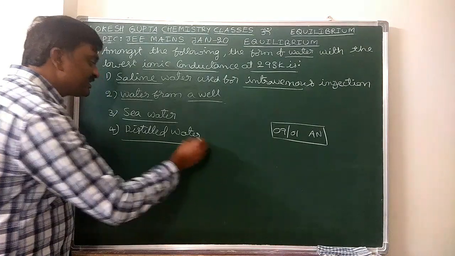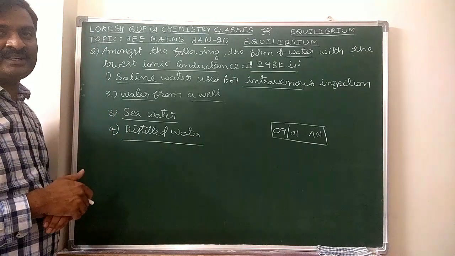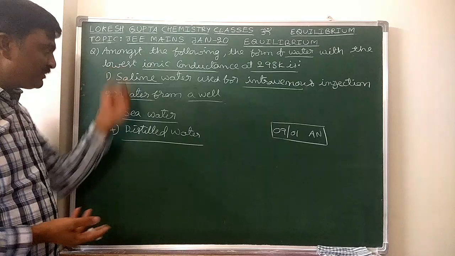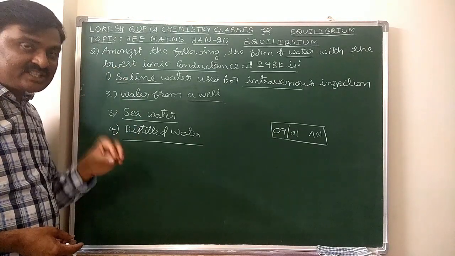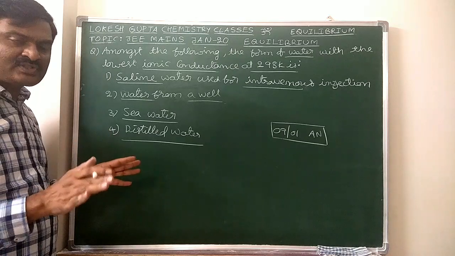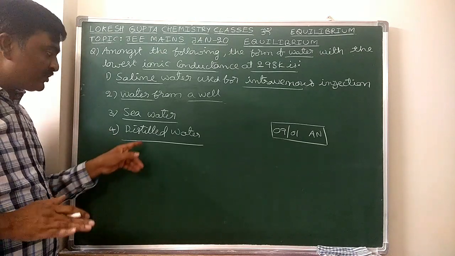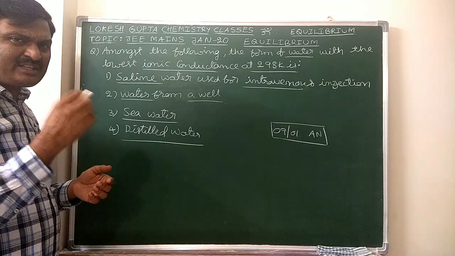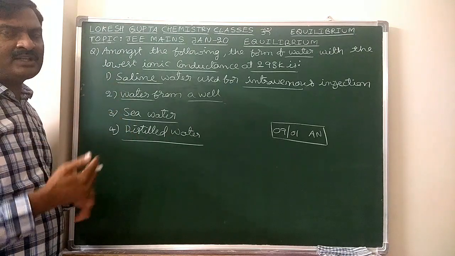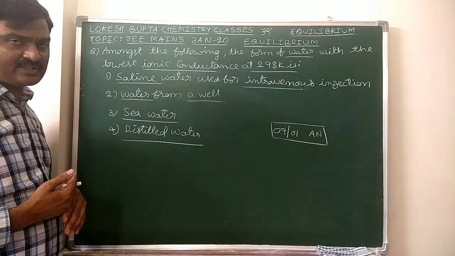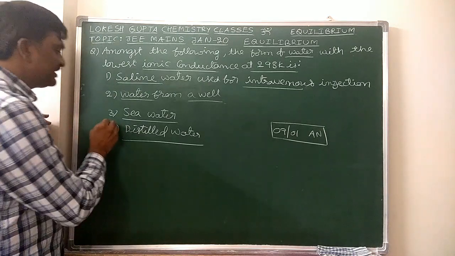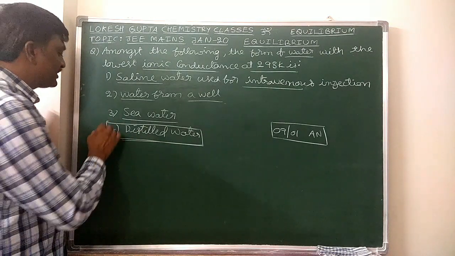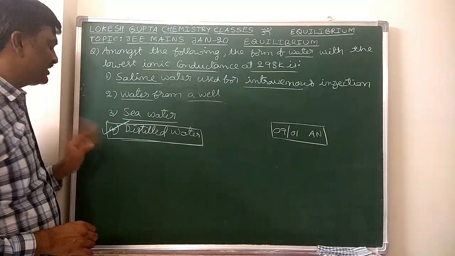Now, if you take distilled water, it is pure water. In this, no ions, no minerals. So, that's why among these 4 water samples, in the distilled water, no minerals, no salts, no ions present. Of course, pure water, it doesn't undergo complete ionization. It will ionize very less extent. So in the pure water, H plus and OH minus ions concentrations are also very less. So finally, in this distilled water sample, very less number of ions present. So ionic conductance is least for this one. Answer is 4th option.